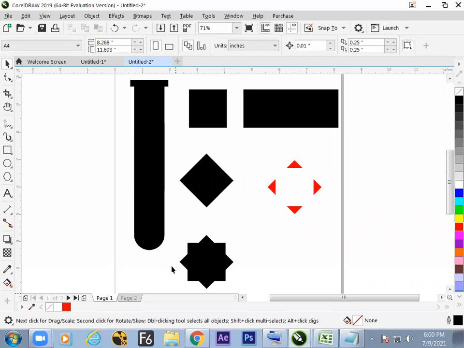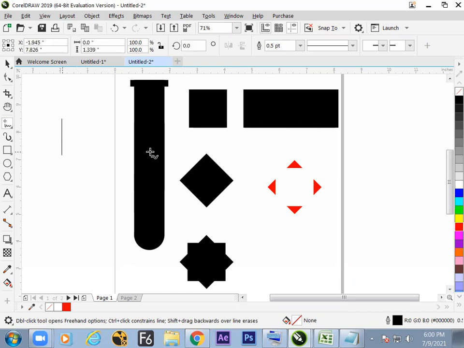The summary of the class: we have not learned anything big, just the line tool and its properties. With that knowledge, we have tried to arrange something over here, but we have not learned big tools.